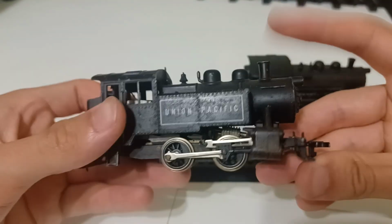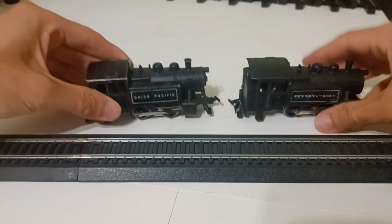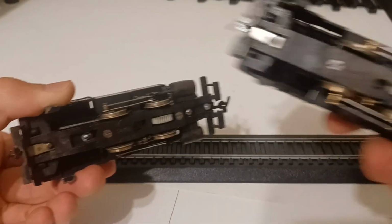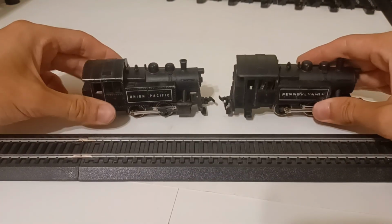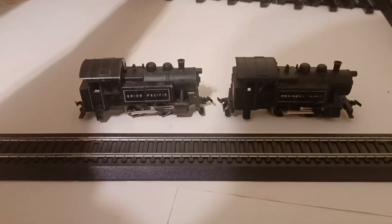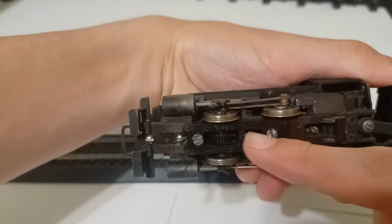With these, they were not only very good units, but at the same time, they also had many different variants. Like, here's two variants, and both of these variants are almost the same, but with different road names. And if you're wondering what the underneath of the shifter looks like, it's a little bit the same, but it has a few differences, not only with the gear,